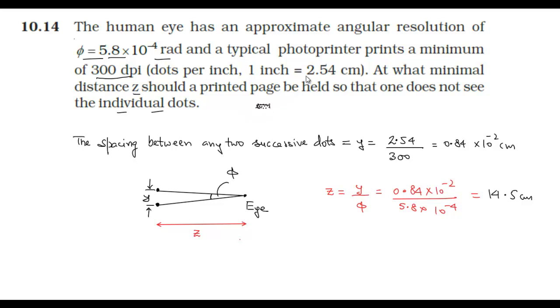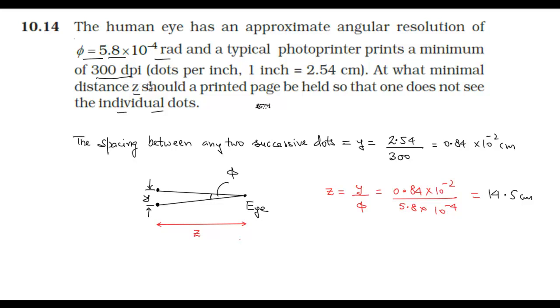He is saying that our photo printer prints 300 dpi. Or you can also experience this terminology from a printer in which the printer window asks in what resolution you want to print the picture. So from there you can also see that there are different options: 300 dpi, 600 dpi, 1200 dpi. As the number of dots per inch increases, a crisper, clearer and better picture will be there. Clear? So here in this question he is saying that there are 300 dpi, meaning dots per inch.